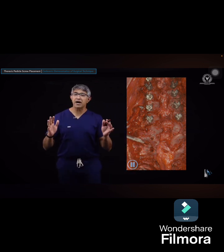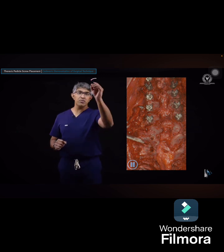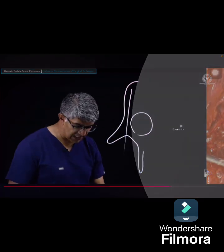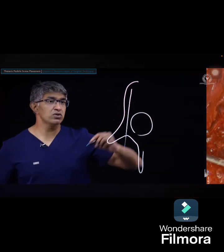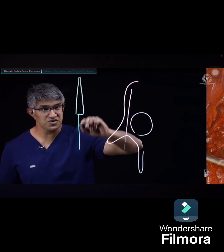So let's talk a little bit about the proper use of those, or some of the principles of using a curved versus a straight gear shift. If you imagine a thoracic pedicle, let's say an upper thoracic one, it tends to have a bit of a bevel to it. In general, a straight gear shift will be, in cross-section, I'm going to exaggerate a little bit, almost rectangular in cross-section, and then there'll be a curved